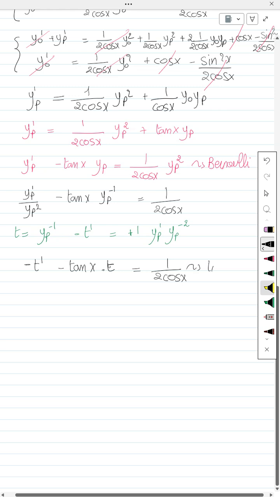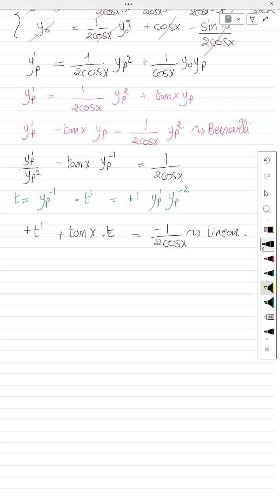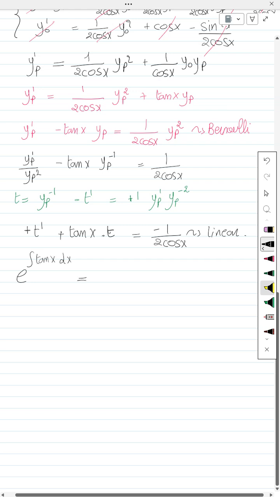So this is a linear differential equation, as you can see here. Multiplying it by minus 1, we're going to obtain the following. Yes, this is a linear differential equation, and you know how to solve this kind of differential equation. So we are going to calculate the exponential of the integral of tangent x dx. The exponential of the integral of tangent is going to be ln 1 over cosine x,